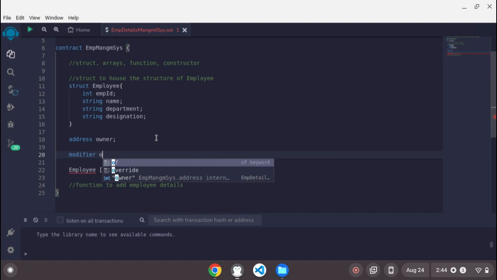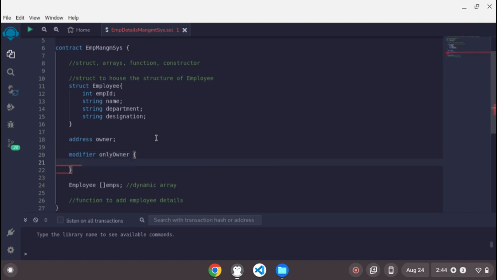I'll create a modifier, then name it. You can give it any variable name, please. I'm just using this for any purpose. So I'll create a require function also. Now this require allows us to ascertain the address, to make sure that this is the person calling this address, else then not the